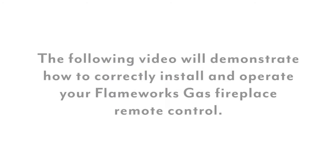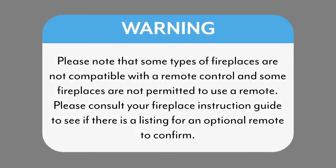The following video will demonstrate how to correctly install and operate your Flameworks gas fireplace remote control. Please note that some types of fireplaces are not compatible with a remote control, and some fireplaces are not permitted to use a remote. Please consult your fireplace's instruction guide to see if there is a listing for an optional